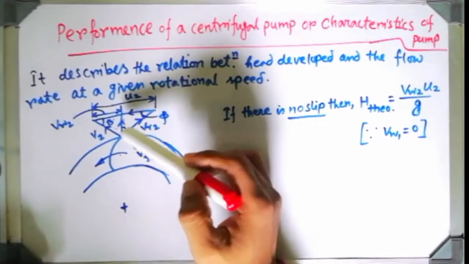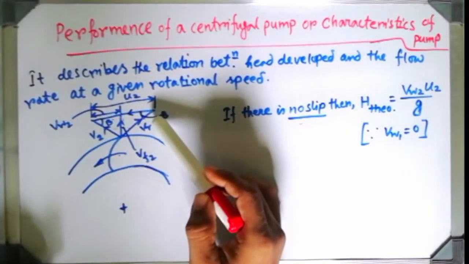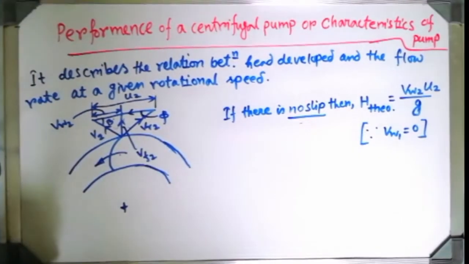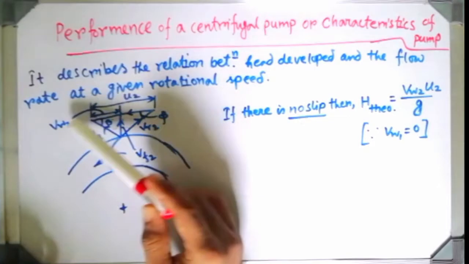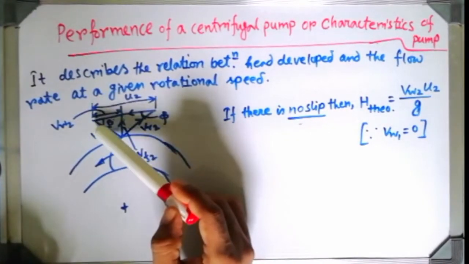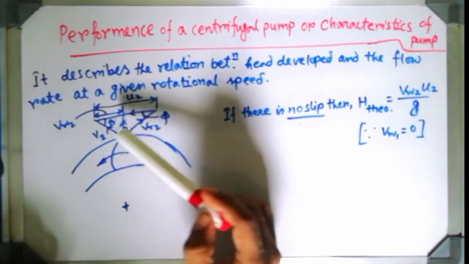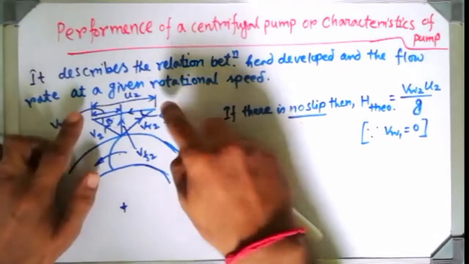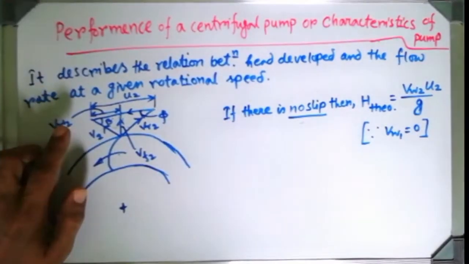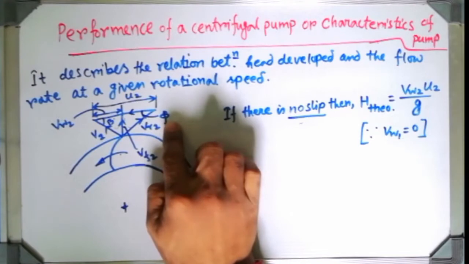All those components you can see, V2 that is the absolute velocity, VR2 the relative velocity, then VW2 that is the tangential component of V2, and VF2 is there, that is the vertical or axial component of the V2. Blade velocity U2, that whole component will be acting like U2,